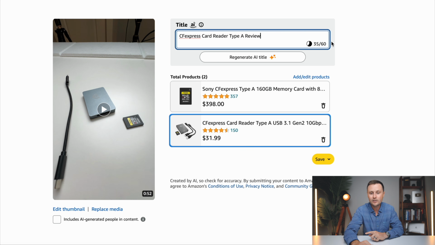Another pointer I can give you here is not to use any special characters, anything like this, or even don't. Something like that. What I've seen on some of my videos is that these special characters, they don't format properly, so they don't look right on Amazon. It puts in a bunch of different symbols. So anyways, those are just more reasons why I use a simple title like this, but it's been working great.